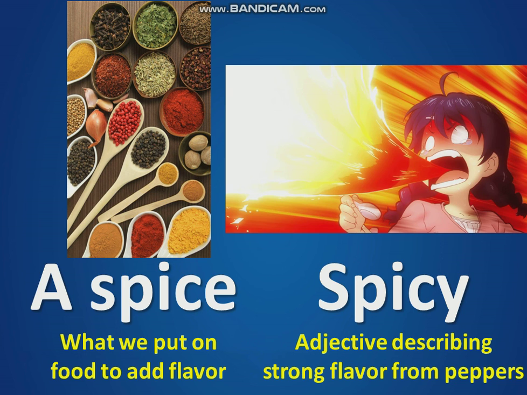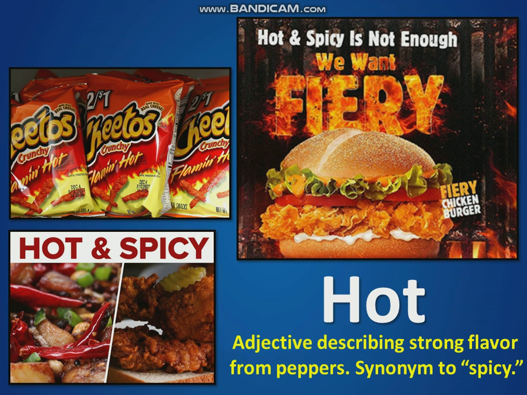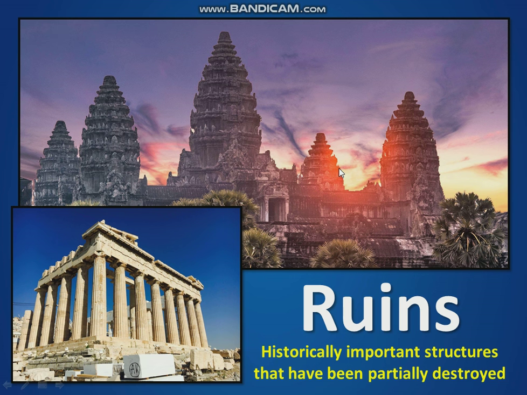A spice. A spice is what we put on food to add flavor. Oregano is a spice, for example. Now, spicy is an adjective describing strong flavor from pepper. Spicy is picante in Portuguese. Now, another adjective for this is hot. We can say spicy or hot. Ruins. Ruins are historically important structures that have been